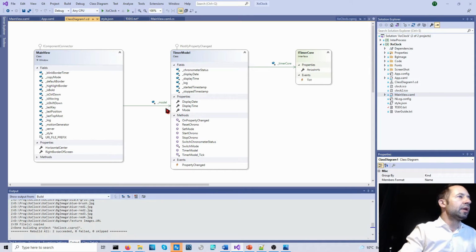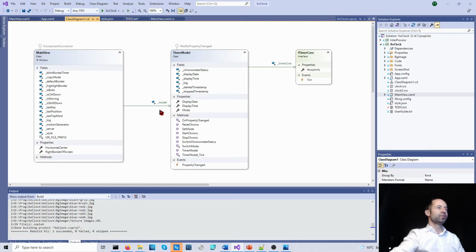The arrow here with the open end arrow means that there is a reference from this class to this class. And the name appearing on the arrow says the name of the reference. So by looking only at the diagram, we see that this class has a field named model, which is a reference to a timer model class.